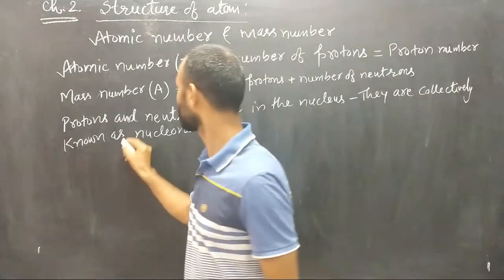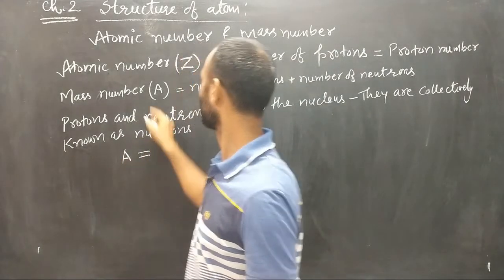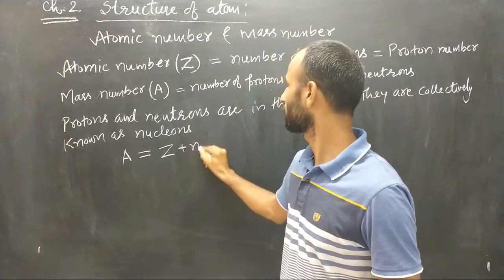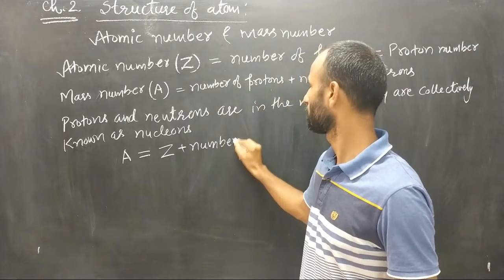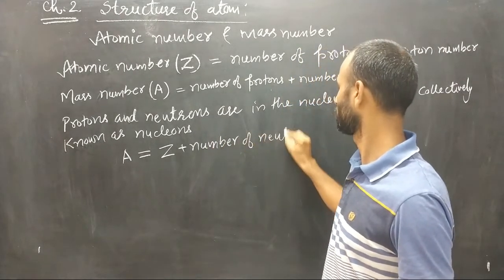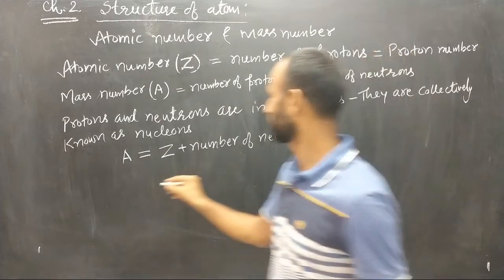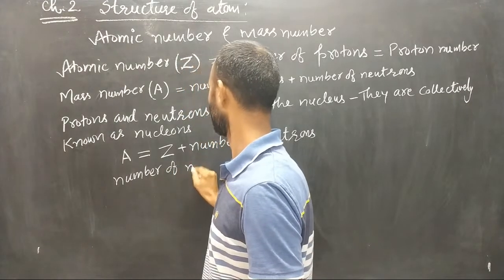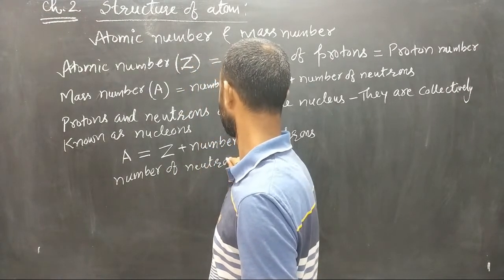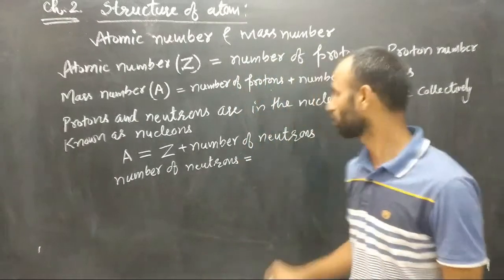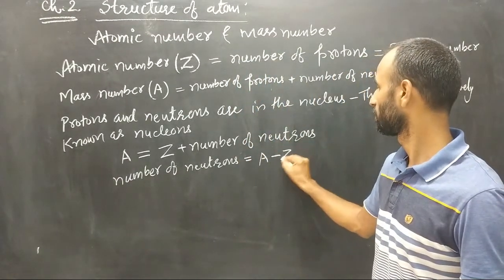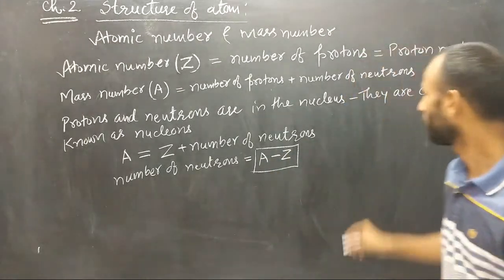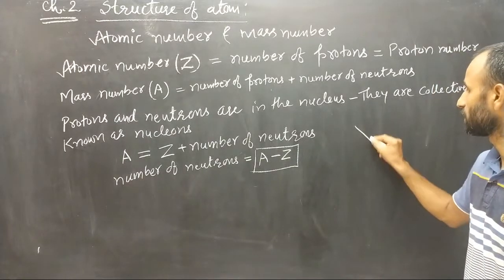So actually, mass number A is equal to the number of protons, Z, plus the number of neutrons. So that implies the number of neutrons is equal to A minus Z. Okay, and an element is represented as